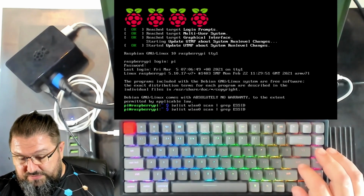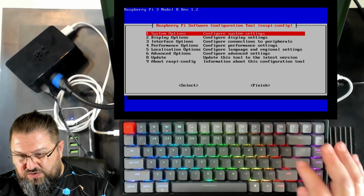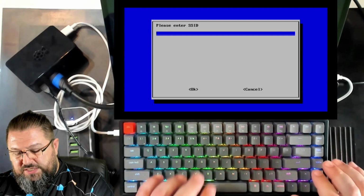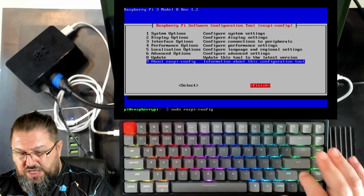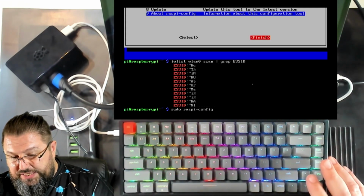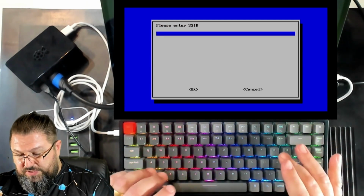It's showing nothing, which means that we need to start up the Raspberry Pi Wi-Fi. We go back to our command, go to configure system settings, we enter SSID and passphrase. As you see here, I don't have any option to see the list of available SSIDs. So I just put a random character here, and I finish. At this point, when I scan, I'm going to see the list of the available Wi-Fi. Alright, so I again check the name of the Wi-Fi I want to connect to. I go here in system option, wireless LAN, and at this point